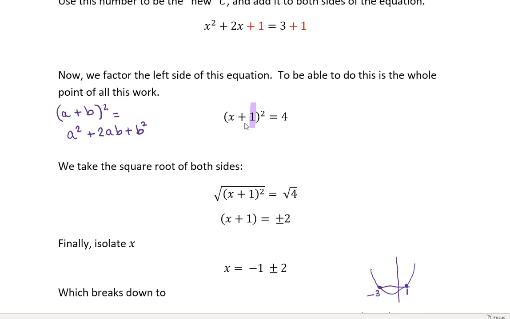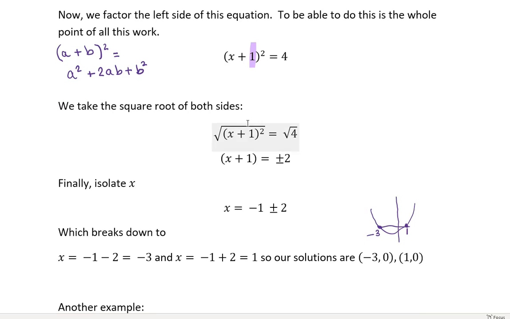All right? Now, we're going to finally isolate the x. We're going to move that plus 1 to the other side. So now I have x equals negative 1 plus or minus 3. All right? So now I'm saying I have,